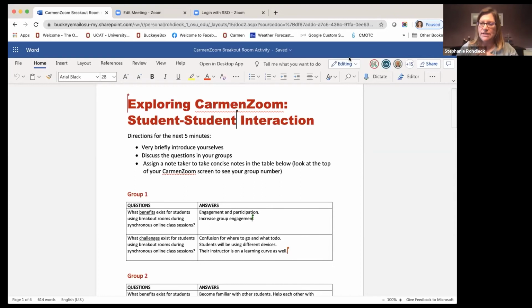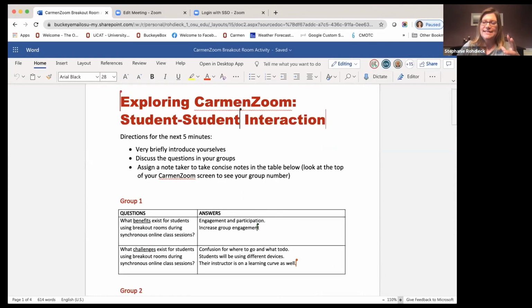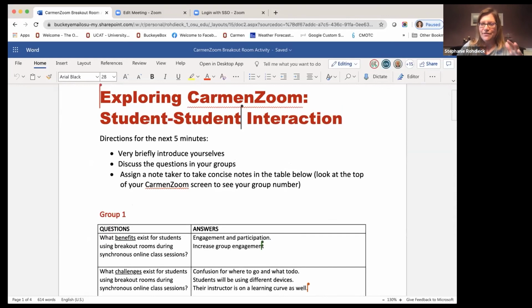So because this part is quick, I just wanted to make sure that I model a teeny tiny little bit about what I mean by debriefing and a way that you could do it. I love using these collaborative documents because it allows me to capture everyone's work in one space, even though you're all in your own breakout rooms, which would be a really nice thing to do if you have that hybrid class where some are online, even if they're not synchronous, right, but they're online, and